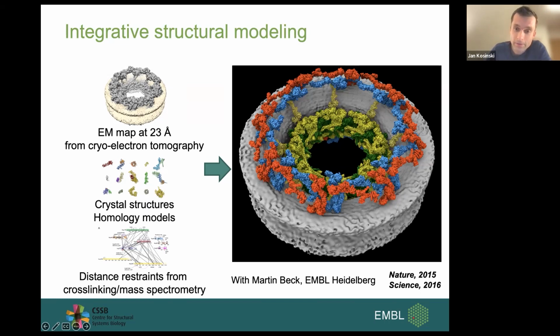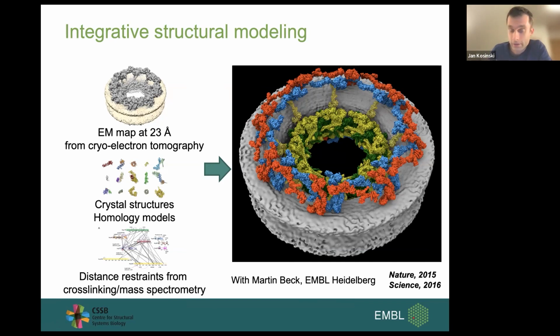So in this example, in 2016, we worked together with Martin Beck at EMBL Heidelberg, when I was a postdoc in his group at that time, on the nuclear pore complex. The nuclear pore complex is a huge protein complex composed of 30 proteins in 1,000 copies. So it cannot be really isolated and analyzed with methods like single particle cryo-EM.